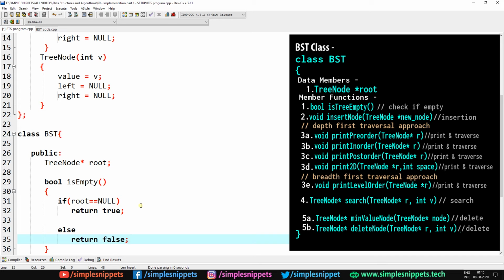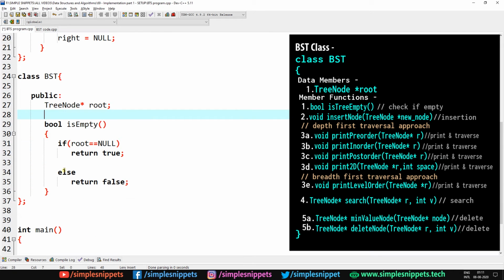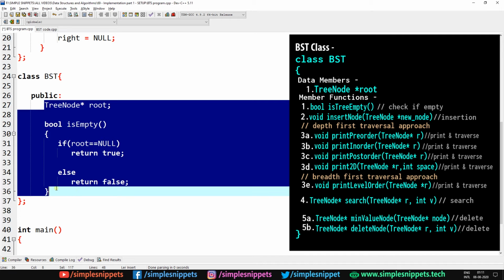If root is not null, which means root is pointing to some node object of type treenode, it would mean that we have some node linked, right? Even if we have one single value in the BST tree, which is the root value, it is still not empty. Which means that if there is some value inside this root node pointer, the tree is not going to be empty. Alright, so the remaining functions we will do in further tutorials step by step,